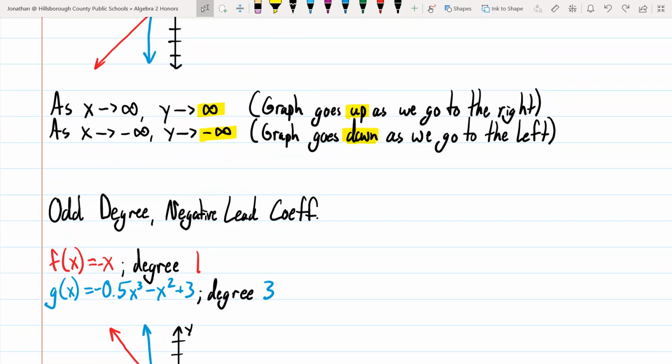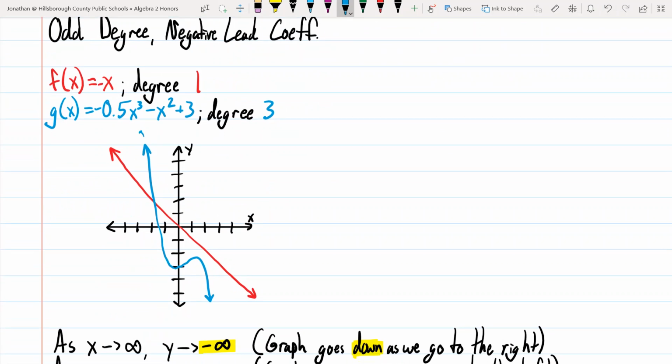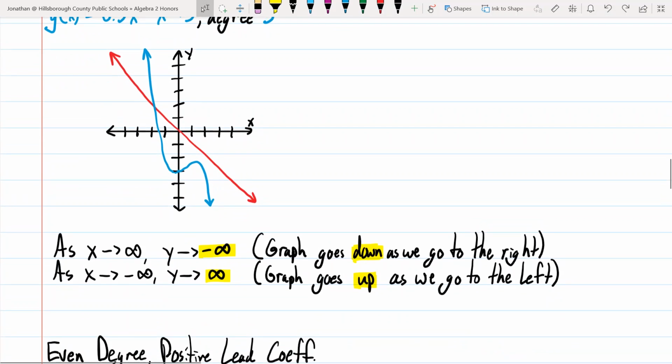The cornerstone of odd functions is that your answers will alternate for your y's. They go in opposite directions like this. You see there, one's reaching up, one's reaching down. When we get to even functions, which is the next part,